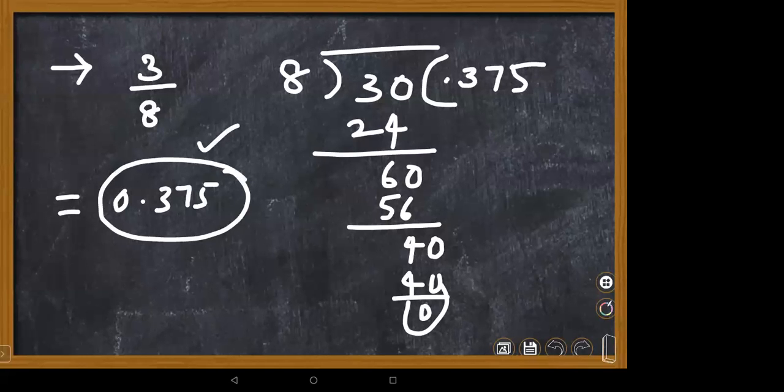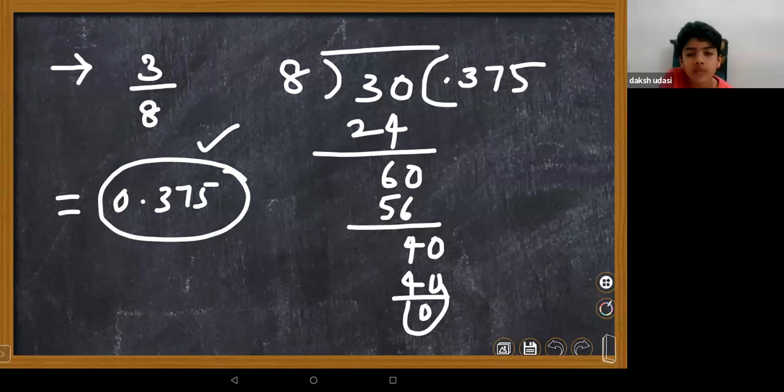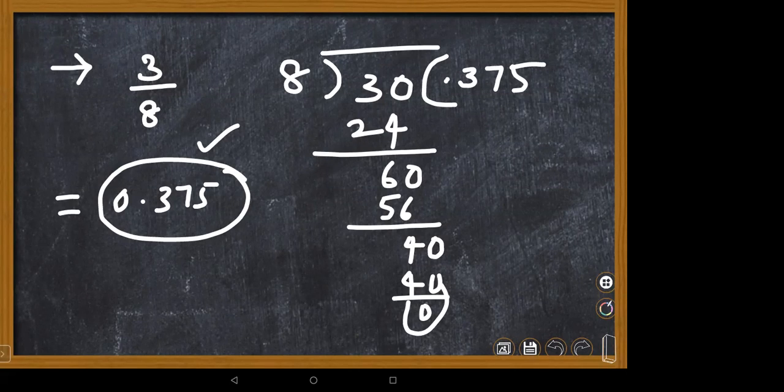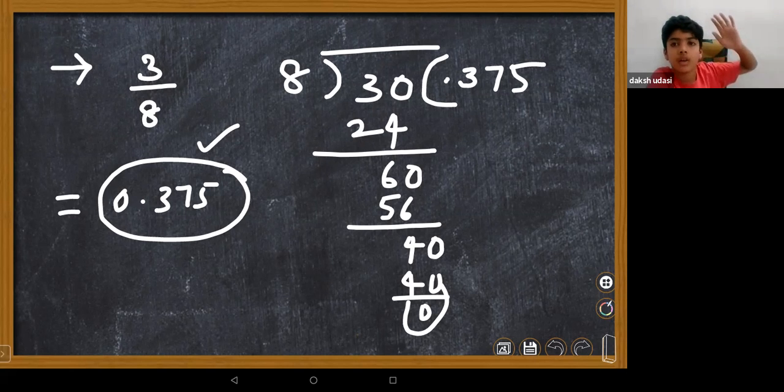Is there any other way? Is there, children, an alternative way? Is there any alternative way you have? Yes, some fractions you can convert easily, children. Some numbers whose denominators you are unable to convert into decimal fractions, so you can go with normal division. You can go with the normal division.